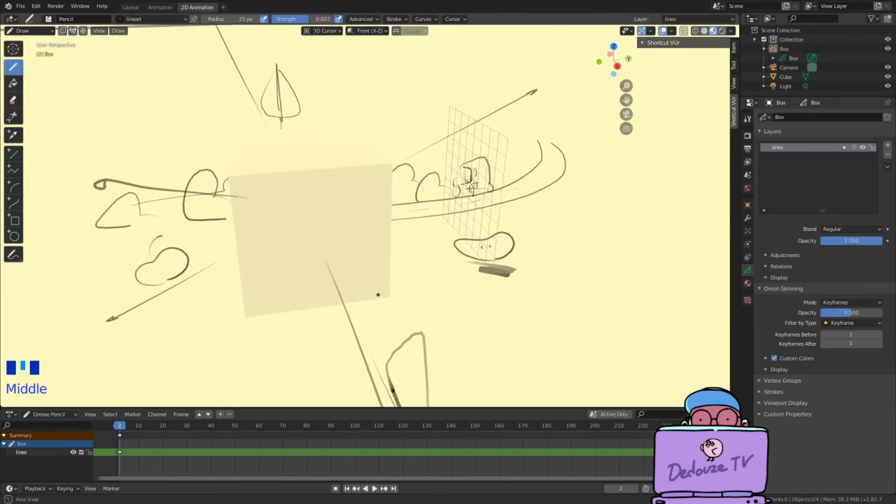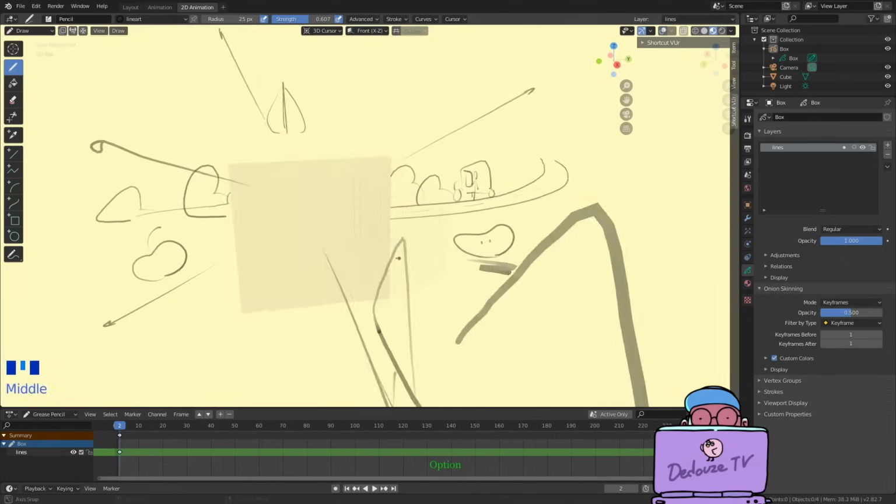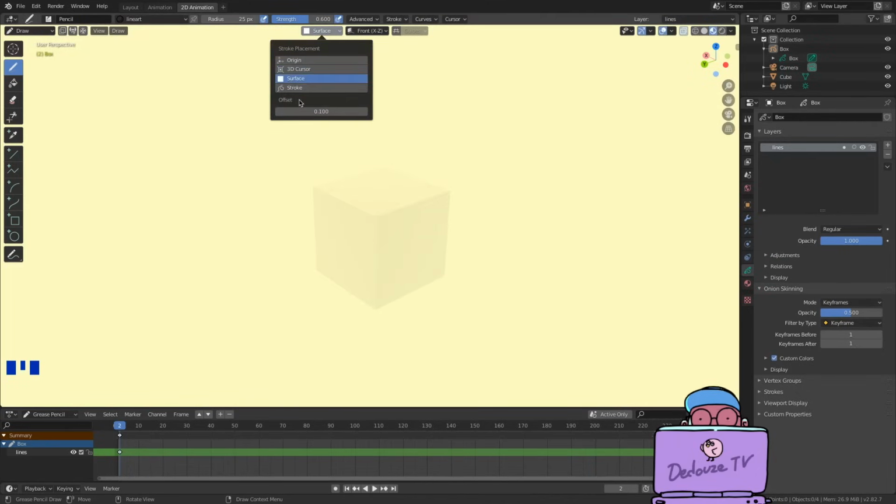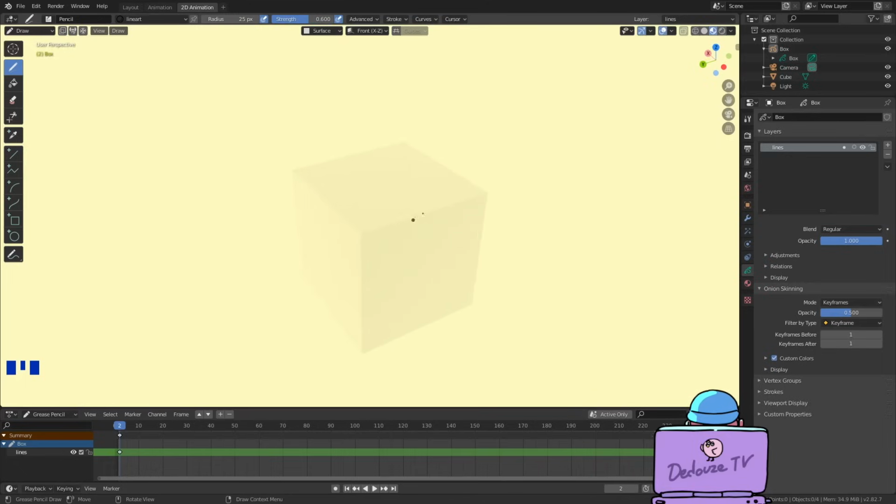Short off-topic stuff now, it's not needed for today's artwork, but it's a very cool thing to know. In the first drop down here, if you choose surface, you can draw over the surface of 3D objects with your pen. Of course, you need 3D objects on the scene to draw on, so luckily we have this cube here. In this version of Blender, when you draw on an object like this, the lines are actually half inside the object and half outside.